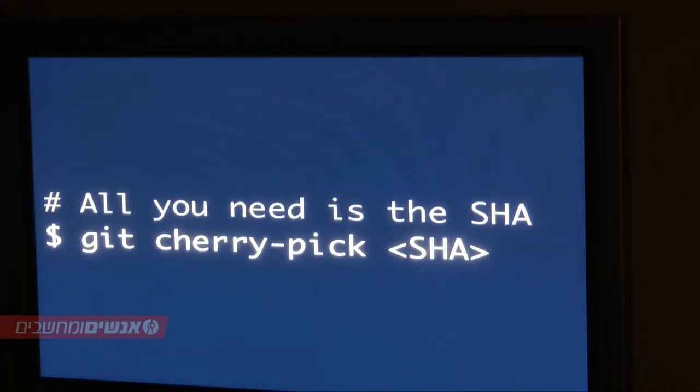So I've used this in the past where I've had some project and I have this one commit, or a small group of commits, because you can actually use multiple SHAs here. I just put one, but if you put 3 or 4 SHAs in there, you could cherry pick all of them at the same time.